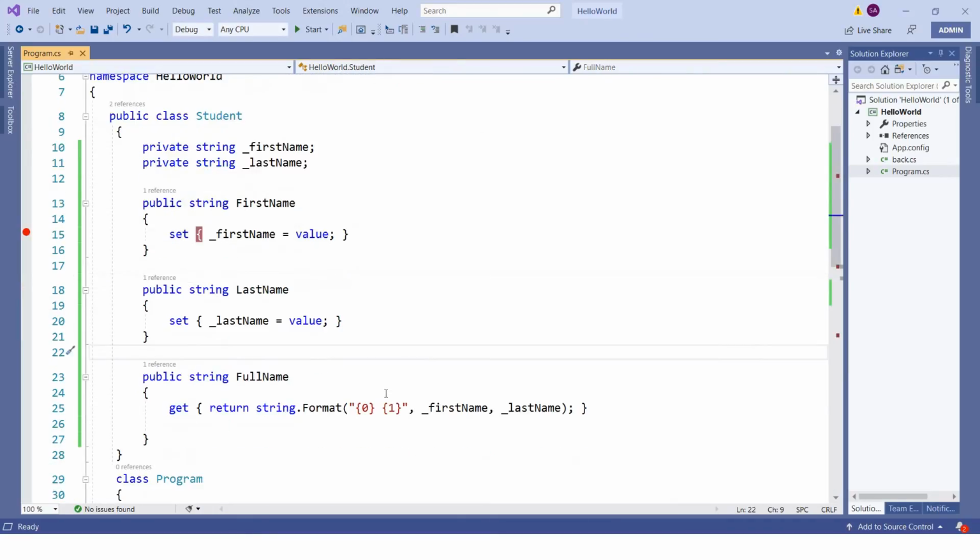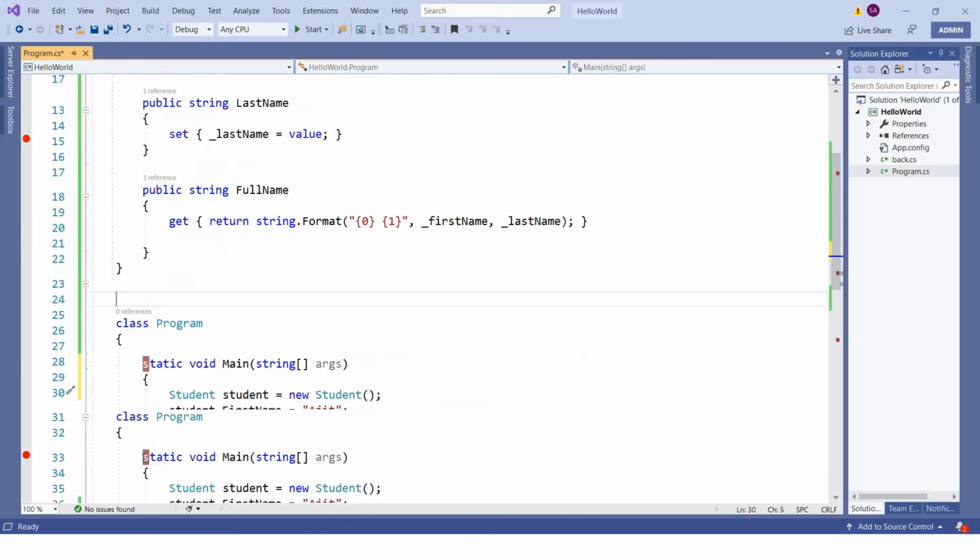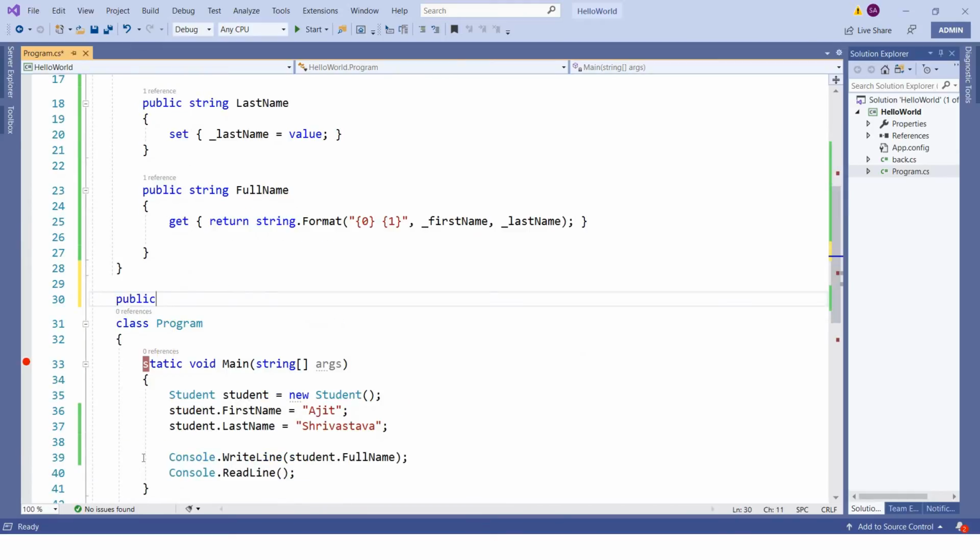Now let's take another example. Let's create one more class, public class Number.